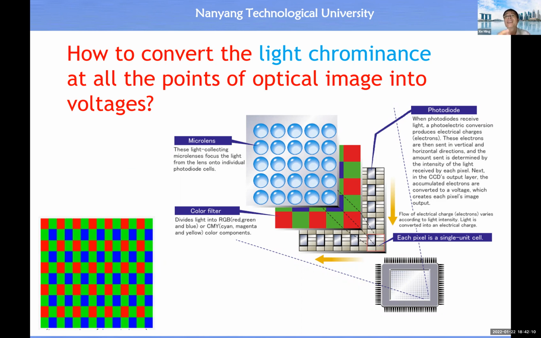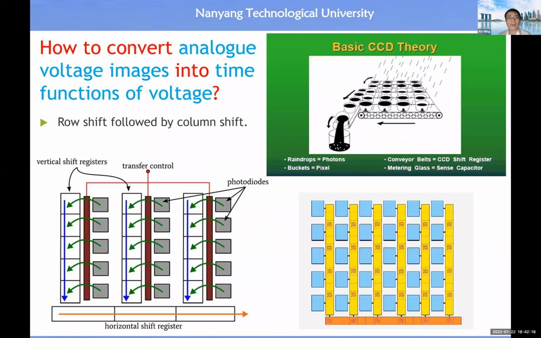So you have a matrix for the red image, a matrix for the blue image, a matrix for the green image. Now we are able to sense or measure the intensity, luminescence, from all the incoming light, and the result will be